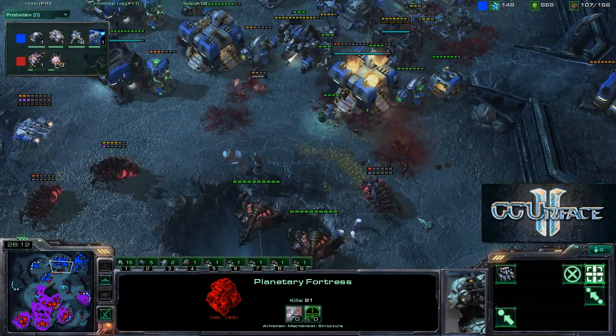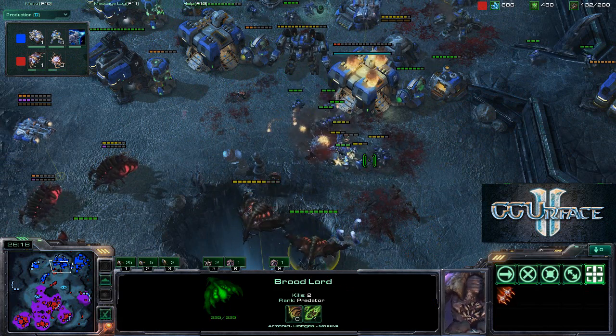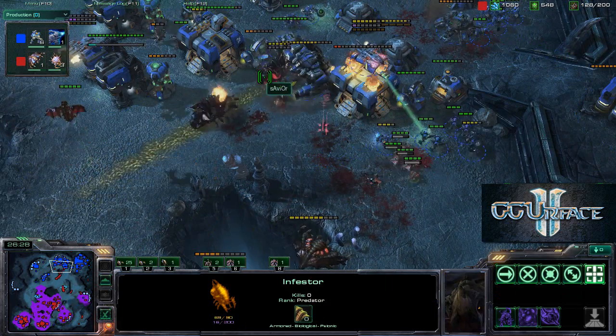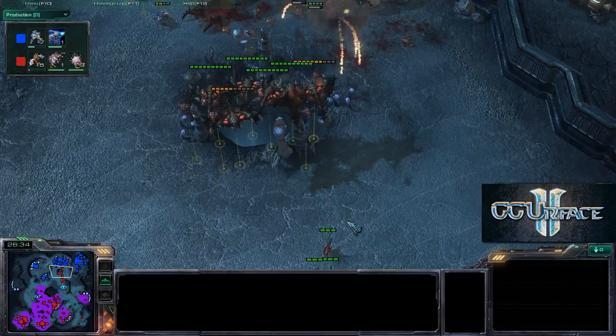And the Infestors are coming and dying, and the Broodlords are doing quite a bit of damage, but the Broodlords only have 1-0 upgrade, whereas the Marines have 3-0 upgrades, and he's actually trying to pick off the Broodlords. A couple of Infestors actually just coming in here with no energy and dying, but I don't think sAviOR cares at this point. He has so many units. Army size